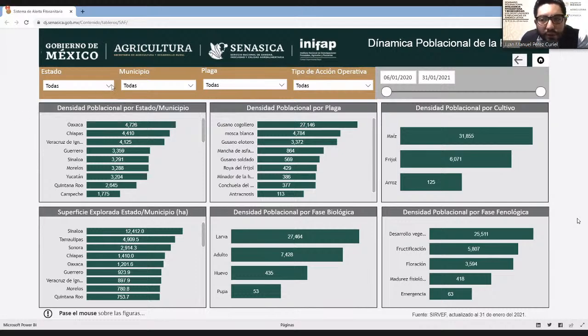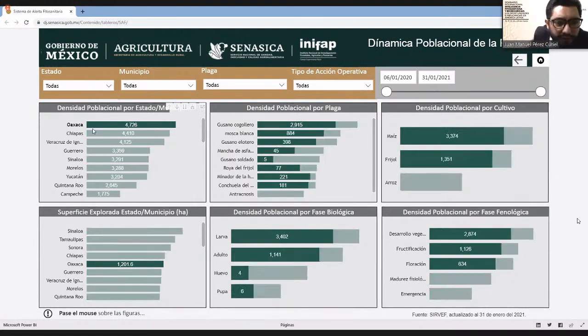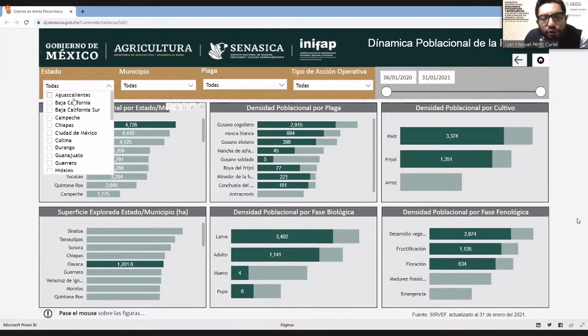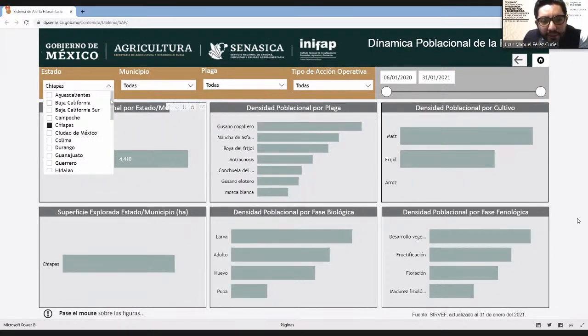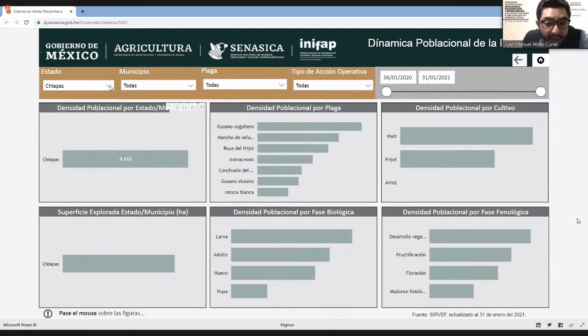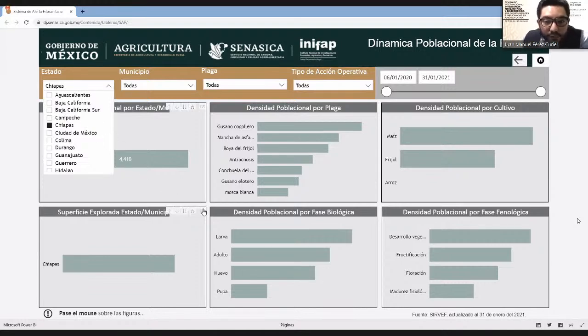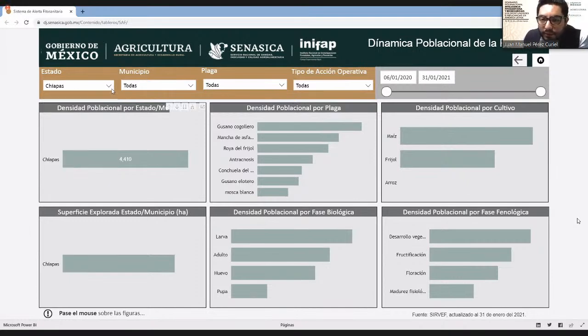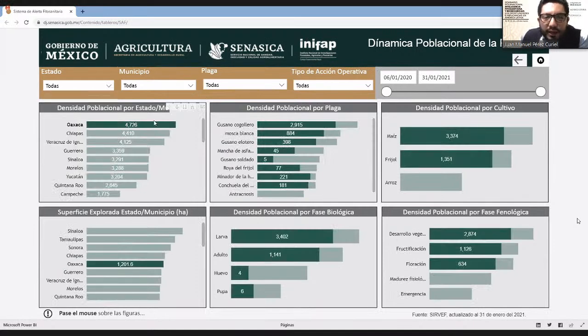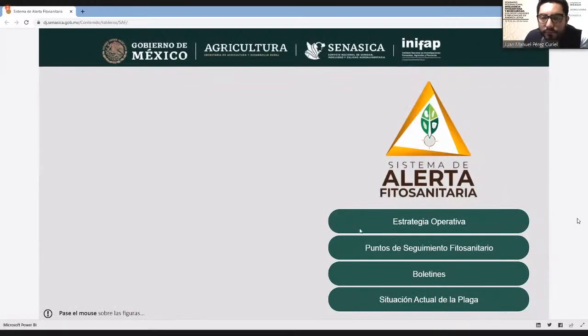So if we were to click on one of the states that we can see, the whole dashboard changes specifically for this state, looking at the density of the population, the pest, or also according to each of the phenological stages. So the idea is to transform data into information with this. If we go back to the home page,